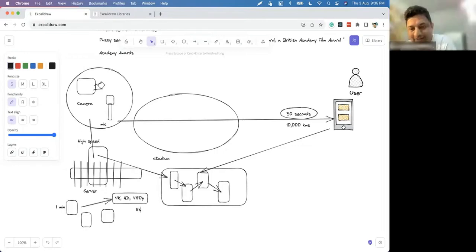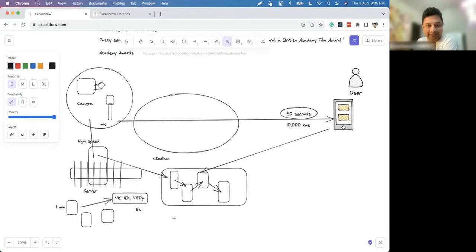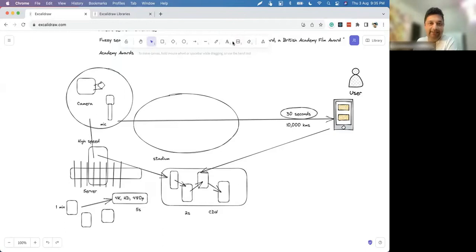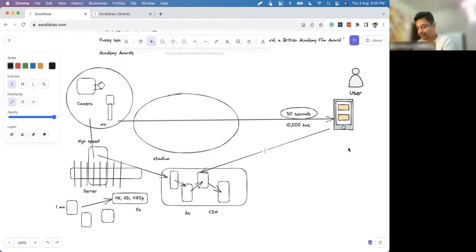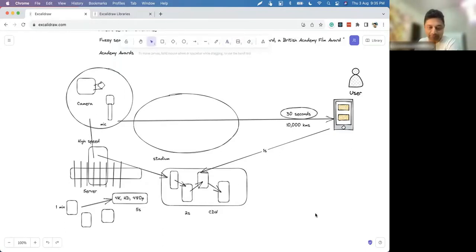So you have a latency of 1 minute 5 seconds. Correct, because you have to wait for the minute to happen. Then only you will chunk that file. Then you will convert it into various formats in 5 more seconds. Then you will relay it. Maybe replication also takes 2 seconds in the CDN. And then finally, this user gets it. And maybe here there is less delay, but a 1 second delay is there.